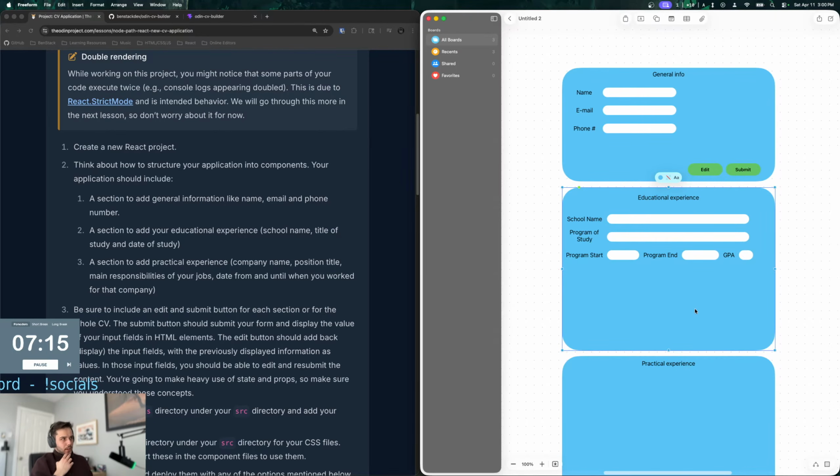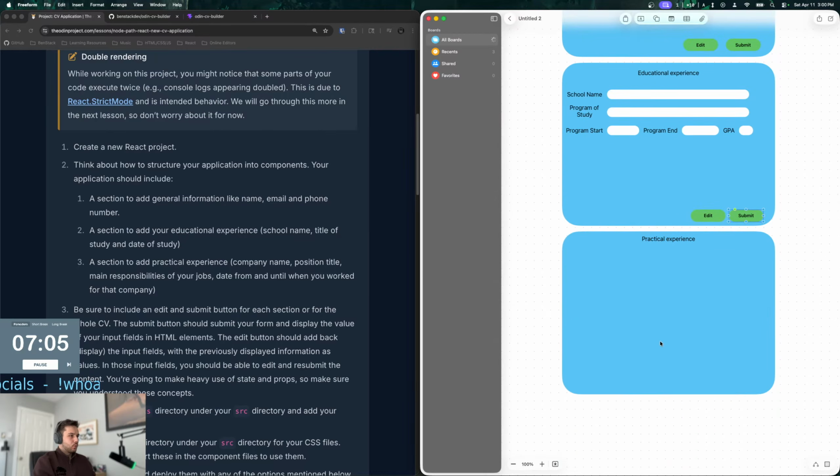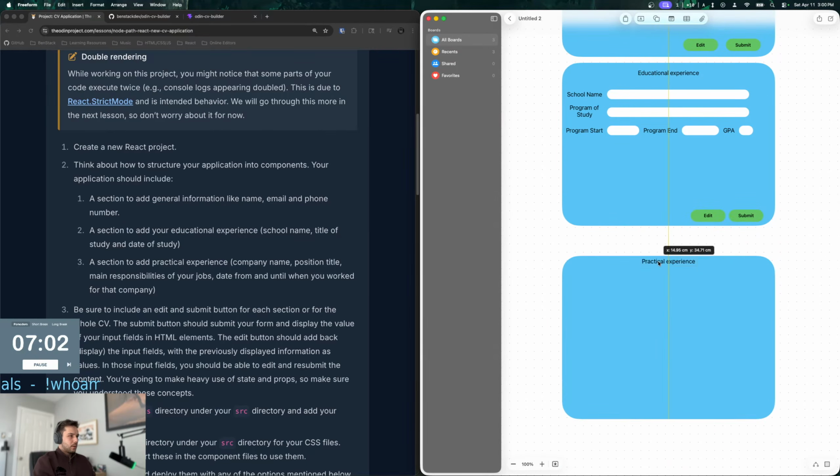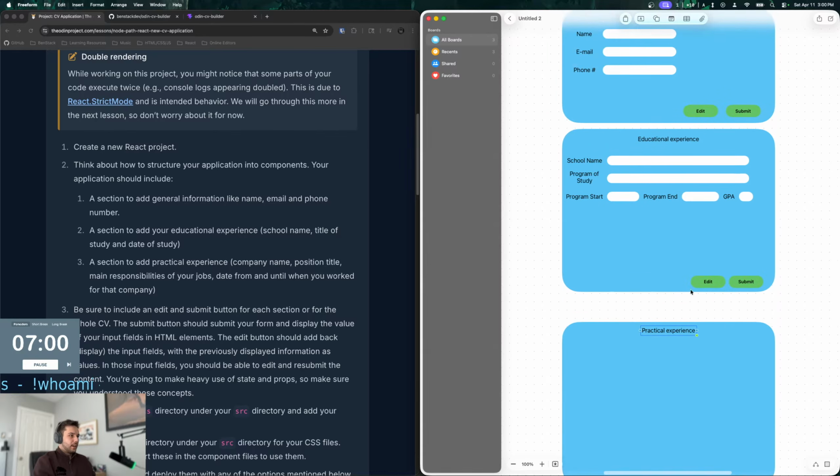And then we have an edit and submit for this card. But then I'm thinking we can have a button in between here where we could do like an add educational experience or something like that, right? Something like this.